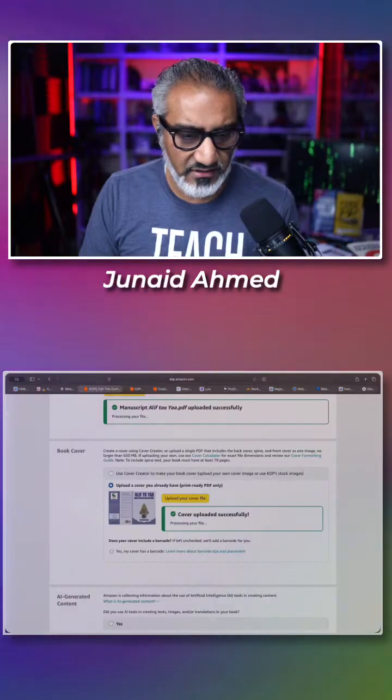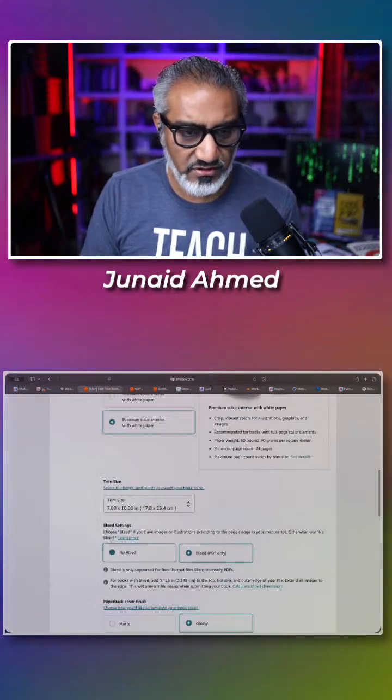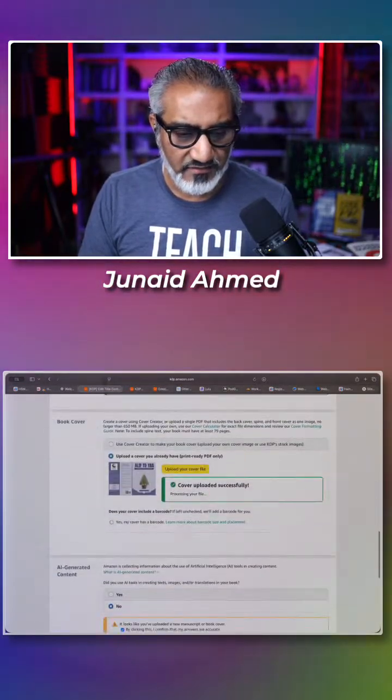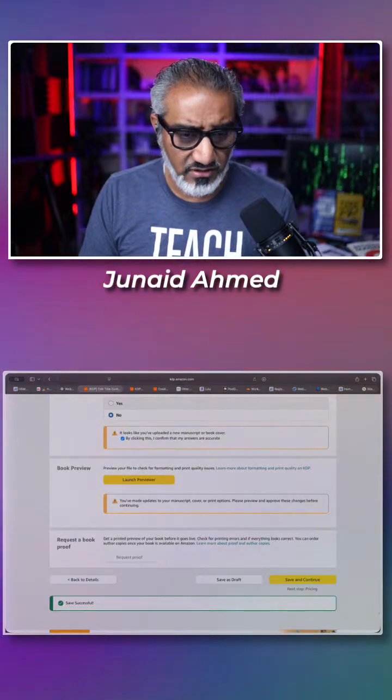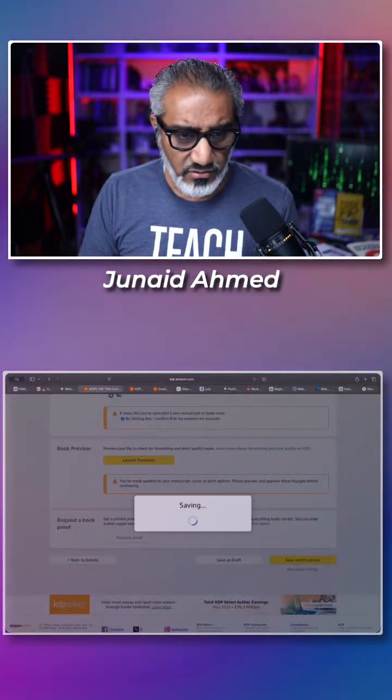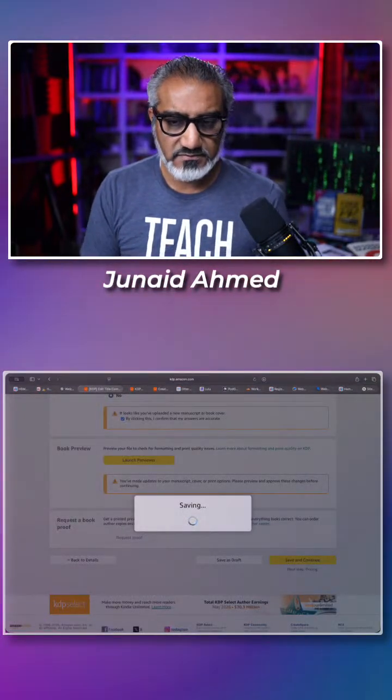So manuscript ready. Now you can see it properly shown. I've got all the stuff in here. Let me go ahead and click on launch previewer and see how it looks.